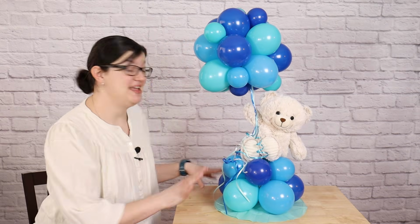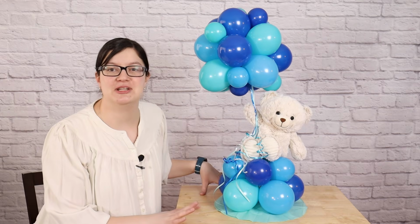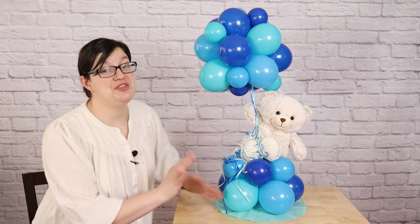I hope you're inspired by today's project and give this a try. I cannot wait to make another one of these with a different stuffed animal and change up the balloon color combinations. There are so many different cute possibilities for this project, and I hope that you'll get a chance to